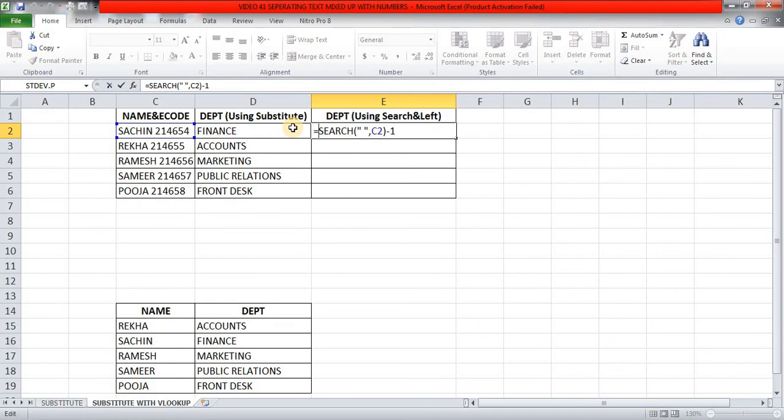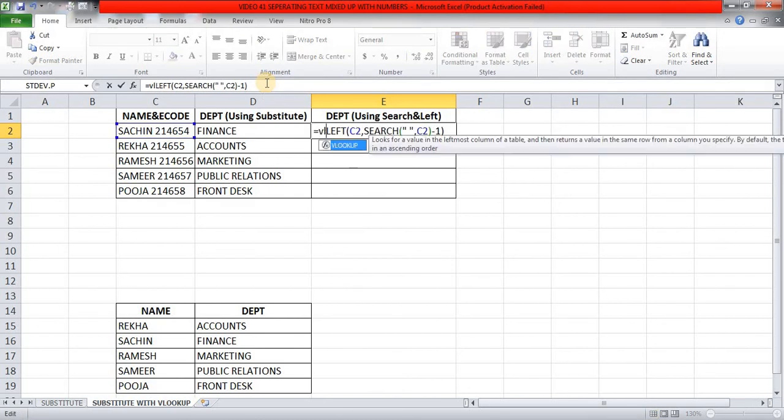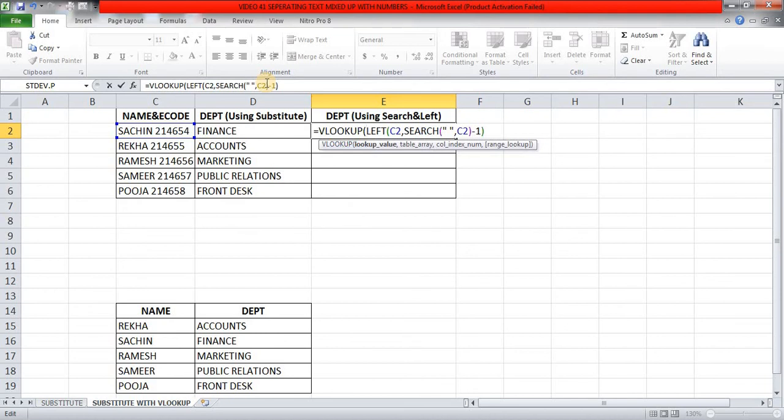So now I'll use LEFT, tab, my text is this, and number of characters is produced by search minus 1, control enter, and simply surround this by VLOOKUP. So lookup value is taken care by left and search. Come to the end of this function, comma, table array, which I'll freeze, comma 2 comma 0, control enter and